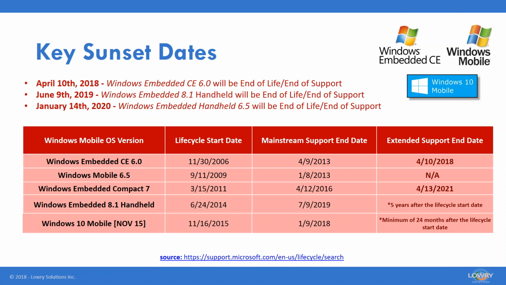So you're obviously still going to be able to get Windows 10 on laptops, tablets, those sorts of things, but handheld devices is where they're stopping support. Starting with Windows 10, Microsoft made updates available, including security updates, for 24 months after the lifecycle start date. Just a quick example: if the release you were on was released in October 2017, then the end date would be in 2019. That gives you an idea of how they're doing it with the whole Windows 10 line on mobile.